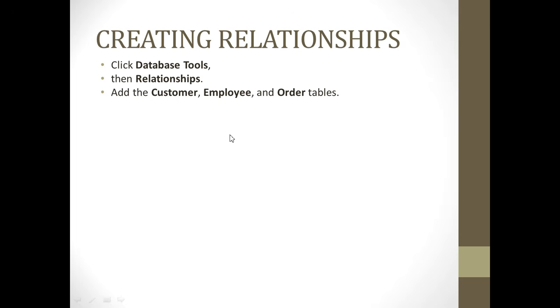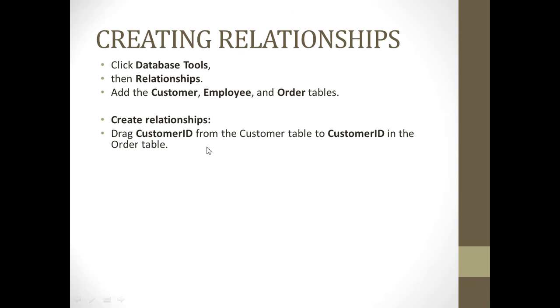So I will have to add the customer table, employee table, and the other table. I will do that. Then creating the relationship. How do we go about creating the relationship between these tables? Since we know that the customer ID is the link between customer and order, I'm going to